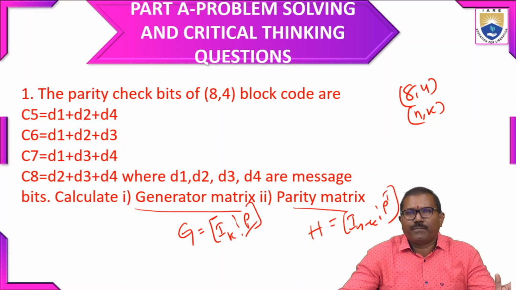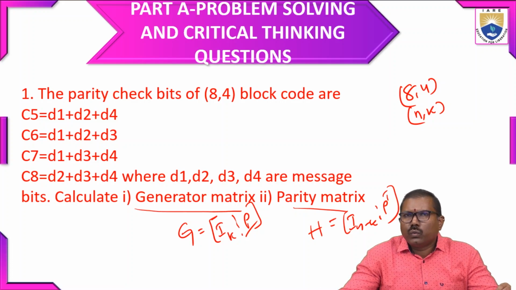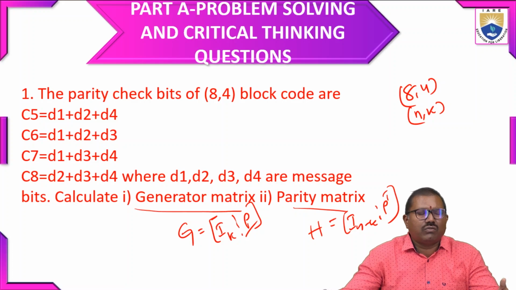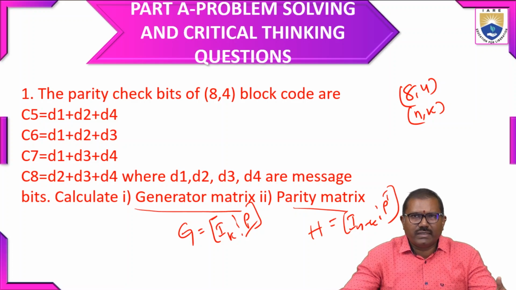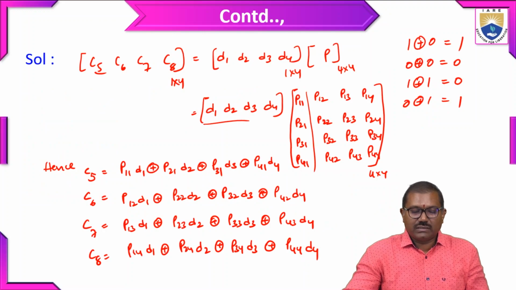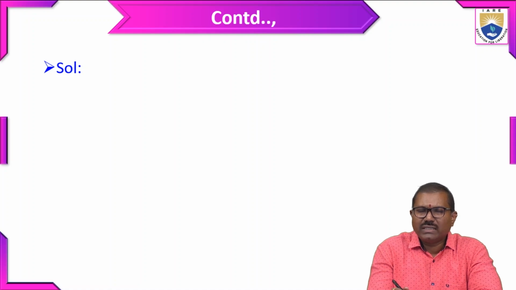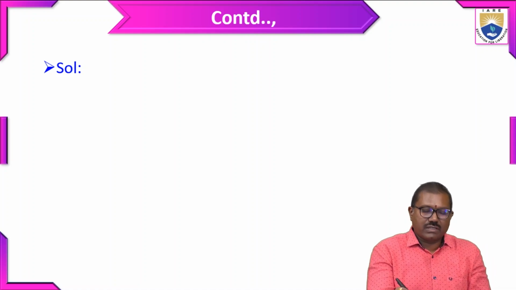D4 is absent. So before, we are going to multiply this message matrix with the coefficient matrix, then we are going to substitute these message values where they are present. Okay. Then you get what is C5 and what is C6, what is C7 in terms of coefficient matrix elements. Okay. So comparing the above equations with the check bit equations,